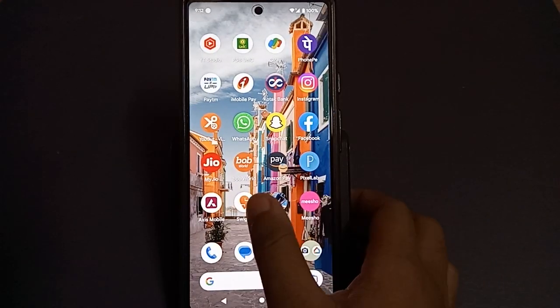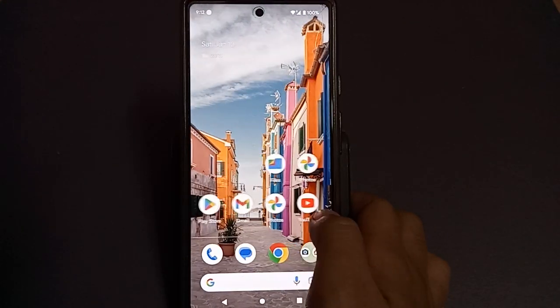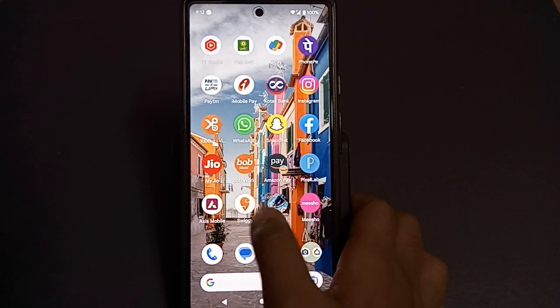Hello friends, in this video right now I'm going to show you how to change wallpaper on a Pixel mobile phone,